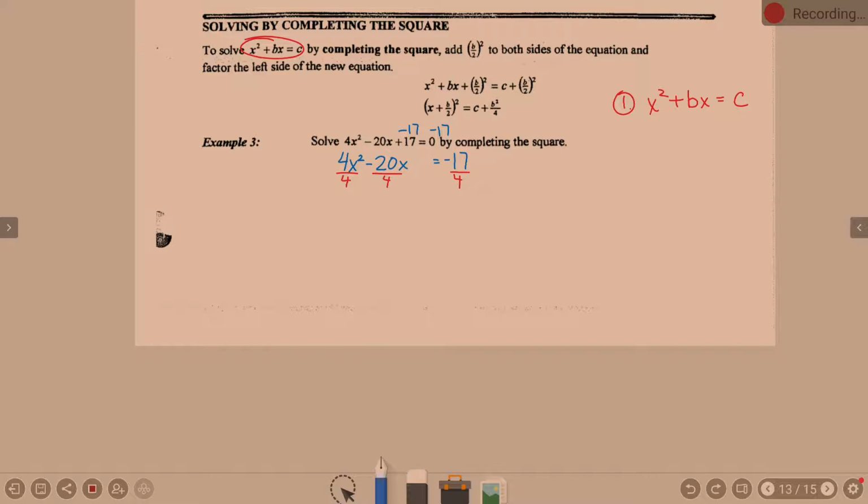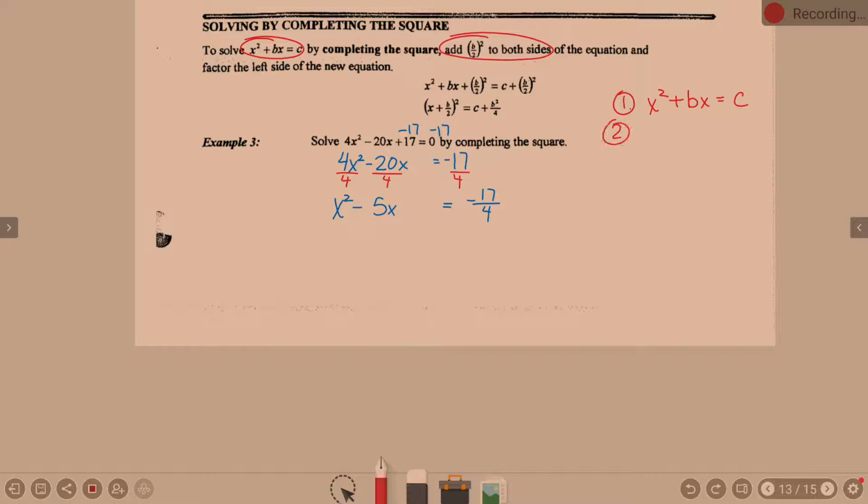So, the left side cleans up nicely, right? X squared minus 5x, I am definitely leaving a gap now, equals negative 17/4. Got to work with a fraction. It is what it is. Okay. Now have we finally completed step 1? Sometimes step 1 is a lot easier. That was the more complicated version of step 1. Okay, step 2